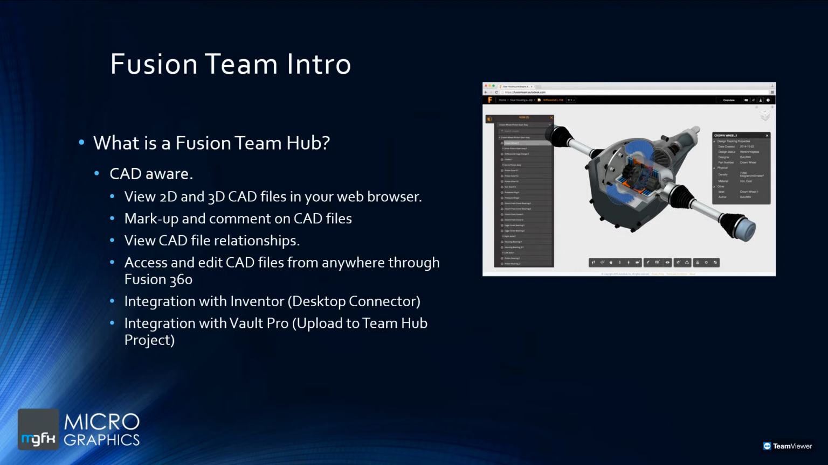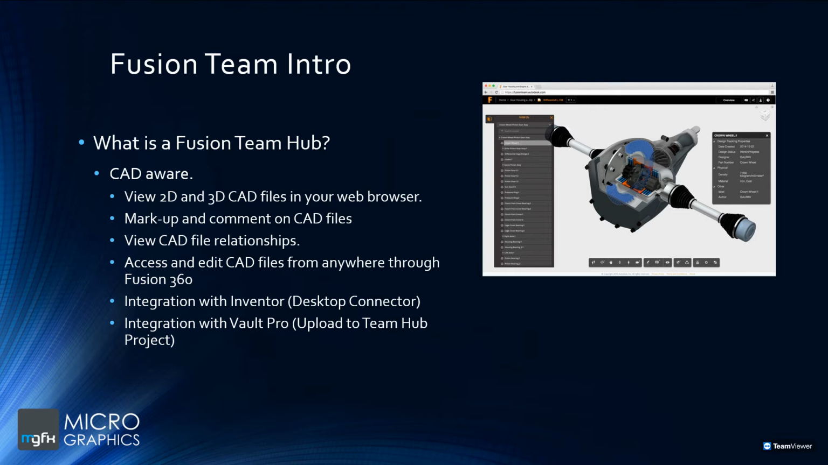While viewing those files, you're able to mark up and comment on the files. You can have a comment stream going to track what's going on with that file. You can view file relationships. You would be able to see, okay, that gearbox housing, what files are related to it? Where is that gearbox or the differential being used? If we change something, what is it going to affect? So you can view those relationships